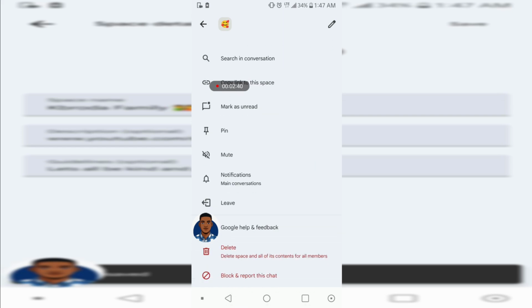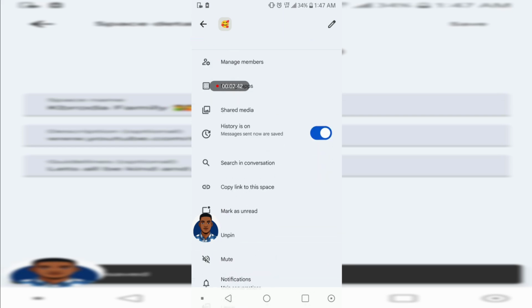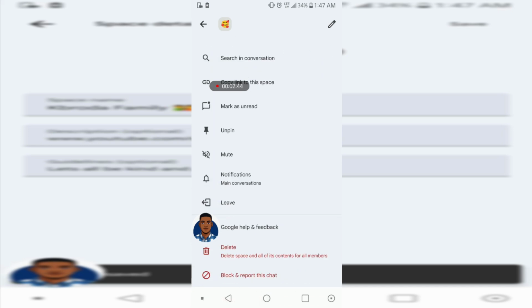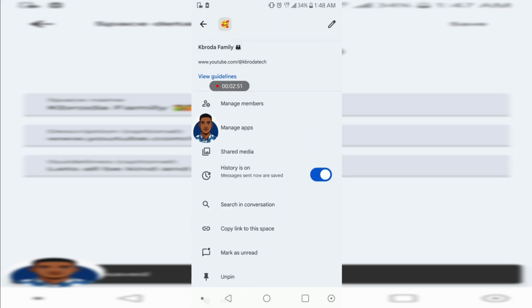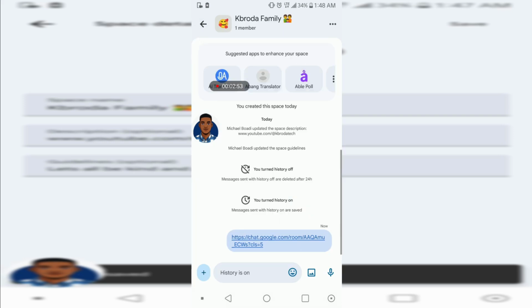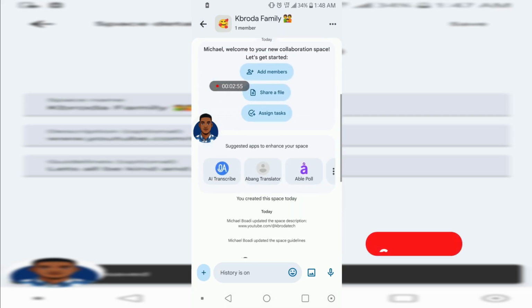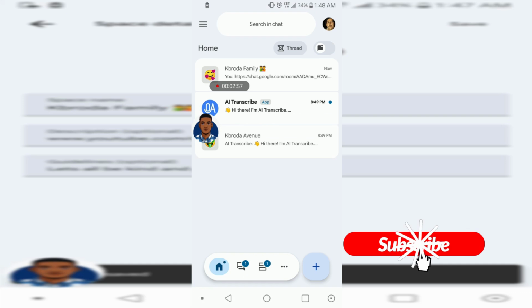And you can pin your group too as well. Yeah. You can do a lot of notifications. You can edit your notifications. You can leave. You can delete the whole space or the group. Yeah. Very, very simple and easy. So I think I've talked about everything about creating a group on Google Chats, and you can also add an